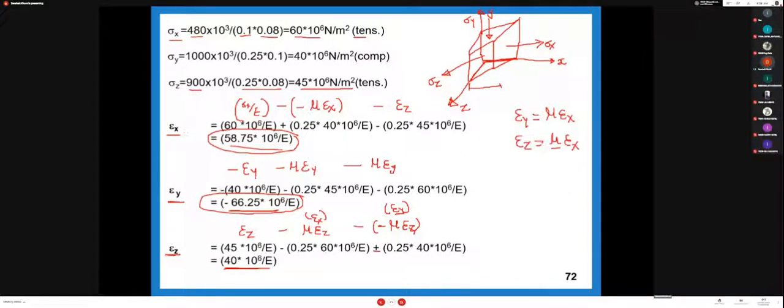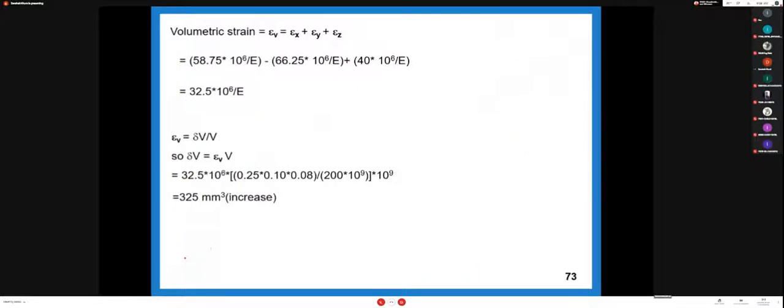That is the change in the x direction per original length. Okay, and the original length is considered unit length. So all this strain is defined in the x, y and z directions. So volumetric strain is the summation of these three. So epsilon x plus y plus z. So ultimately we get this volumetric strain, and it's defined by the change in volume by original volume, and the original volume is the original dimensions. So we get